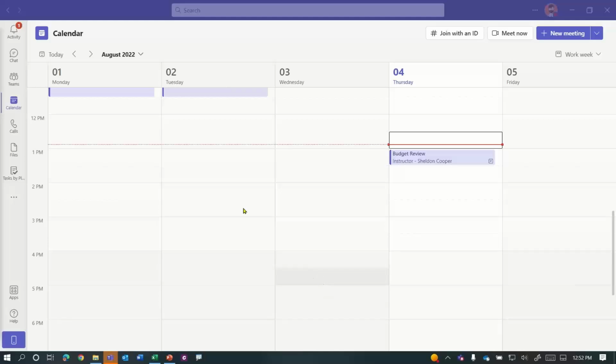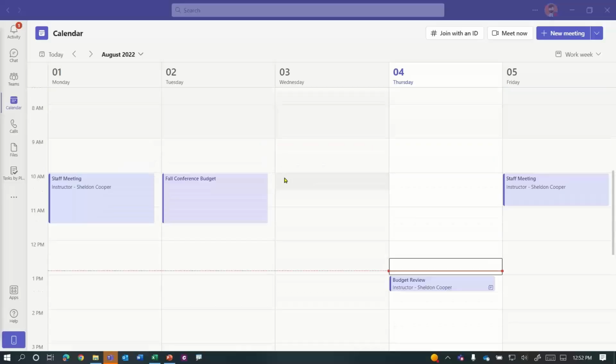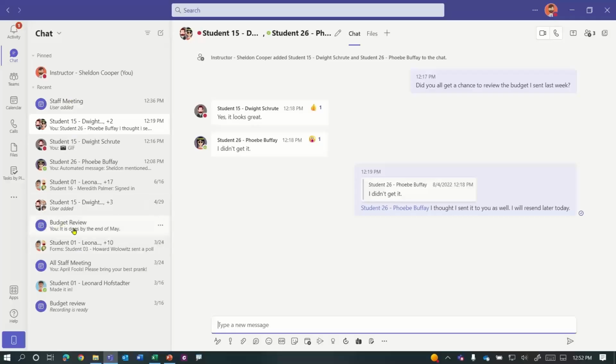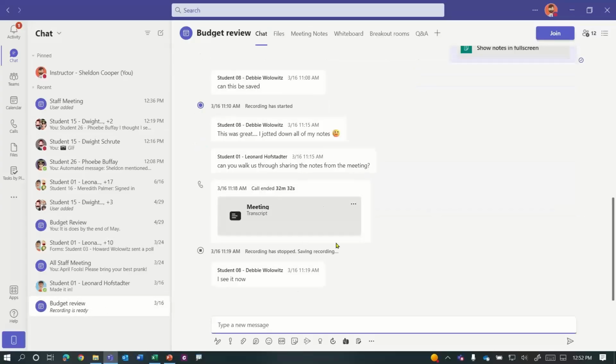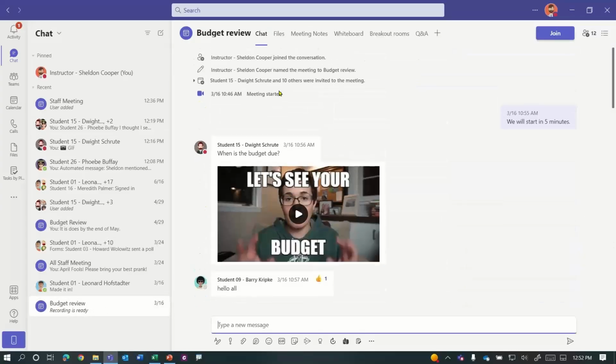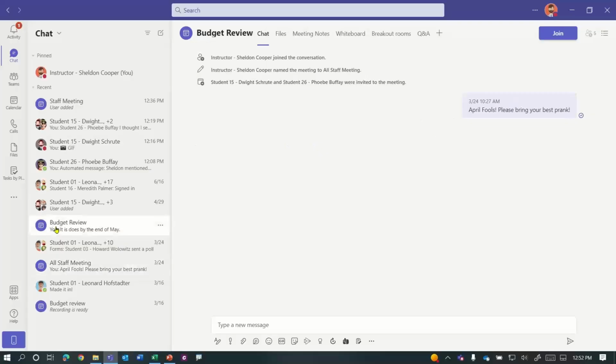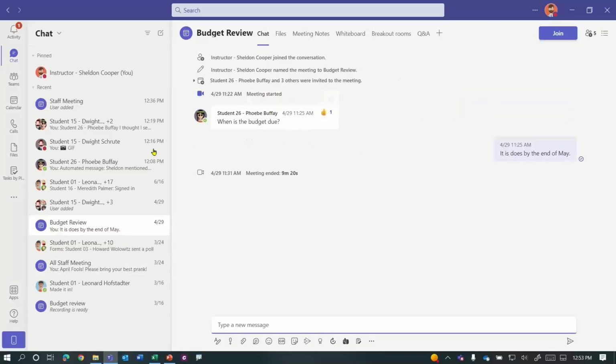Now, one of the nice things about meetings in Teams is that all of the resources generated during a meeting are going to be available after the meeting. Now, in a meeting like the staff meeting where I did not associate it to a team or channel, you'll notice that in your chat, you're going to have meeting chats here. So any chat with a purple icon, those are the conversations and the resources that were generated during a particular meeting. You see that? Now, again, these are for meetings that were not associated to a particular team or channel.